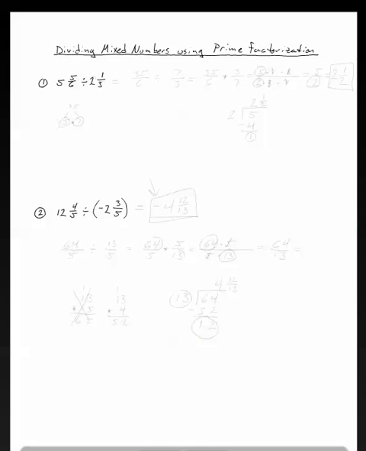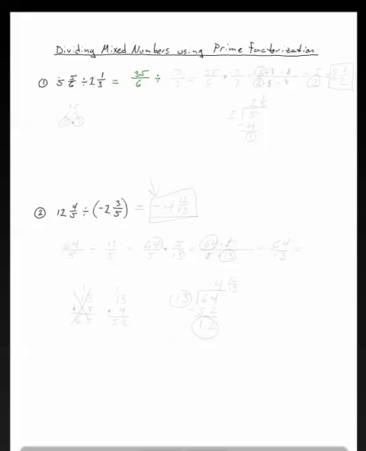Dividing mixed numbers using prime factorization. So the first thing we have to remember is that we can't directly divide mixed numbers. We have to first turn them into improper fractions. So in number 1 we would say 5 times 6, so 5 times 6 is 30, and 30 plus 5 is 35. So we get 35 over 6